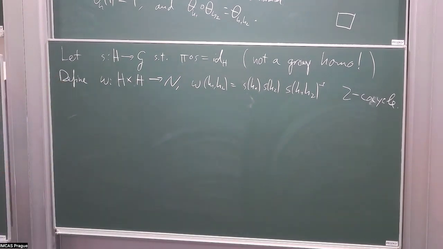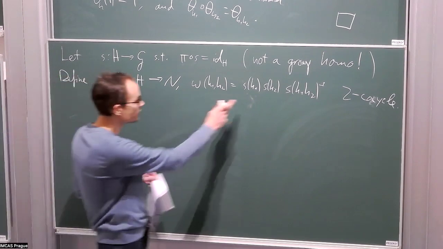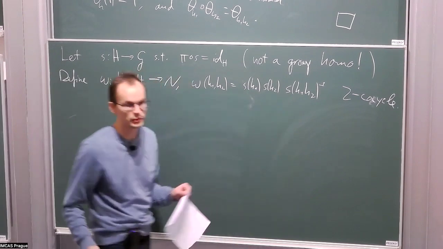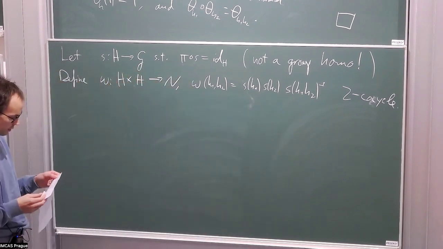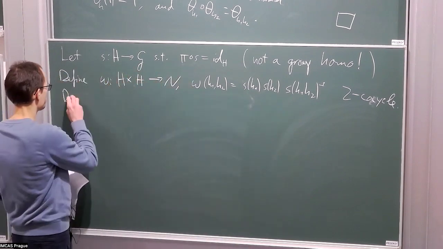It measures the failure of S being a group homomorphism. Yeah, exactly. If S was indeed a group homomorphism, then this would be trivial. Yeah. Thanks. And now we define